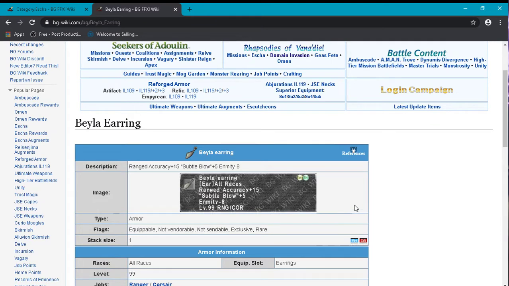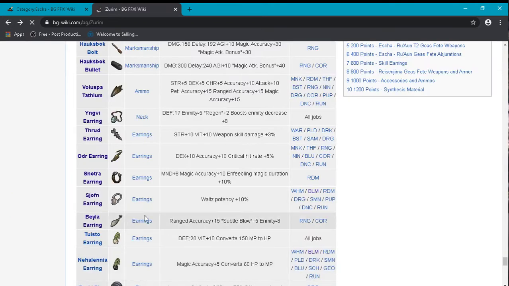So we have a Bela Earring. Interesting. Ranged accuracy for Corsair and Ranger. Fine. I'm fine without this, but it's pretty cool, pretty high stats. Enmity 8 is kind of a joke, though. I mean, why would we want to shoot and lose Enmity? I mean, you just gave Paladin the best Enmity increase in the world. We just add a Paladin to our party now, forever and always, and we don't need Enmity minus gear. What are you doing? Like, what are they doing? Okay, fine. Subtle Blow 5 on...